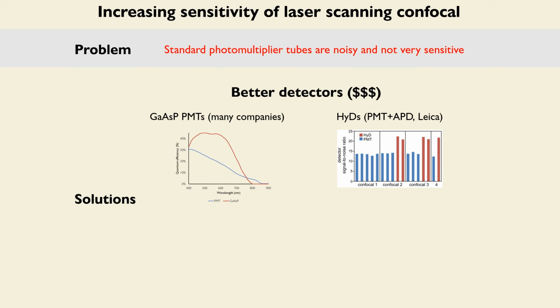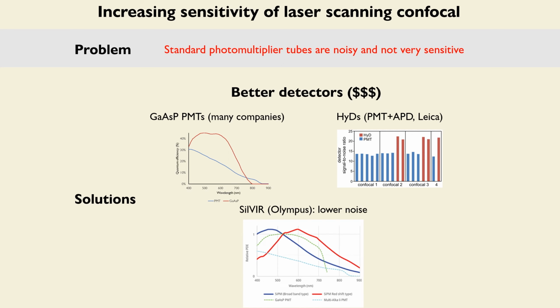Other companies, specifically Leica, use hybrid detectors, which are a combination of a PMT and an avalanche photodiode. Don't worry about what that means or exactly how it works. Just know that those detectors are similarly higher in efficiency than the sort of standard multi-alkali ones, as you can see in that graph, where the signal to noise ratio for those detectors in red is compared to regular PMTs